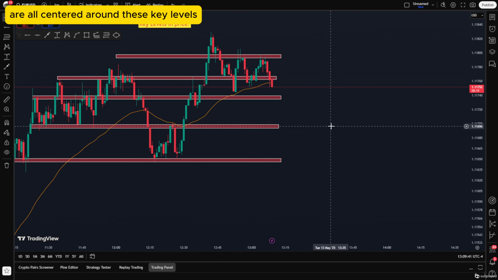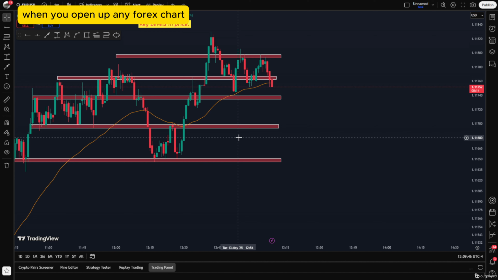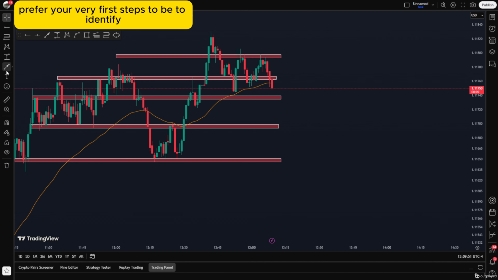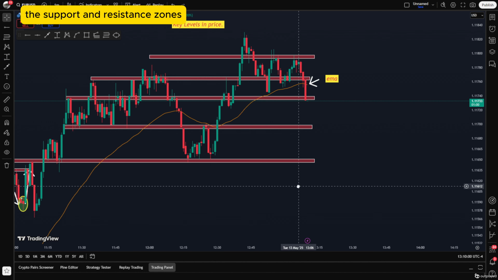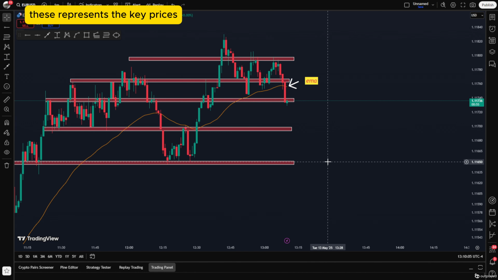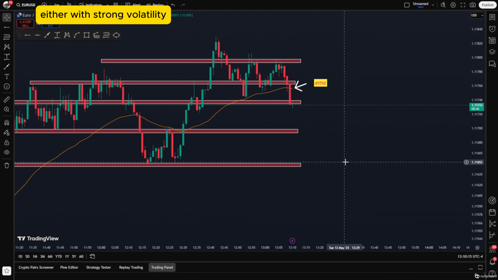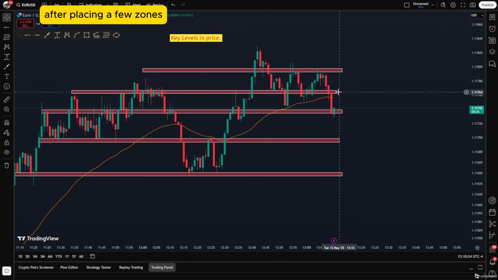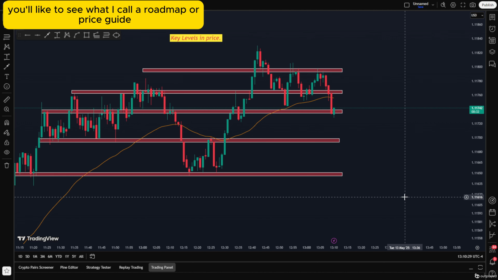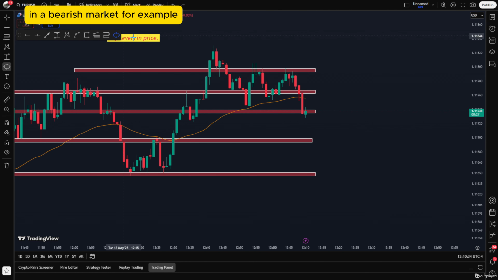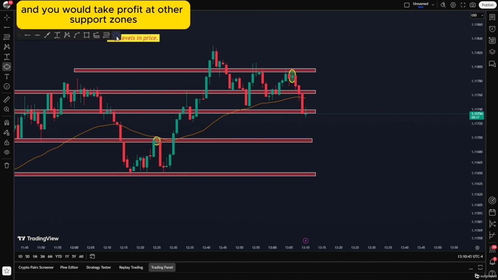around these key levels. When you open up any Forex chart, prefer your very first step to be to identify the support and resistance zones. These represent the key prices where a currency pair is most likely going to react, either with strong volatility or sideways consolidation. After placing a few zones, you'll start to see what I call a roadmap or price guide. In a bearish market, for example, you would enter sells and you would take profit at other support zones, making it really